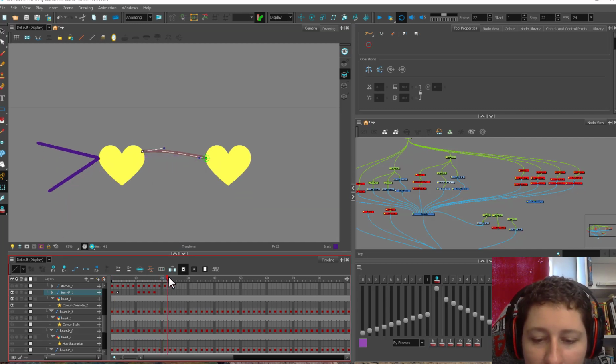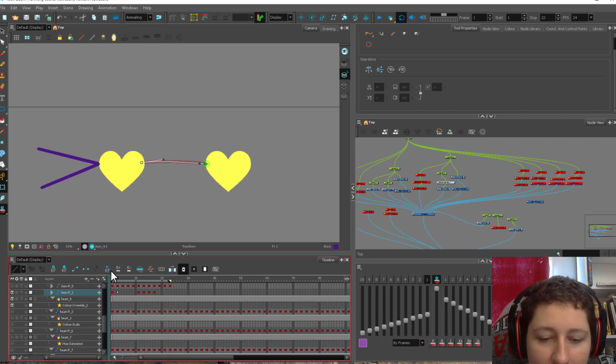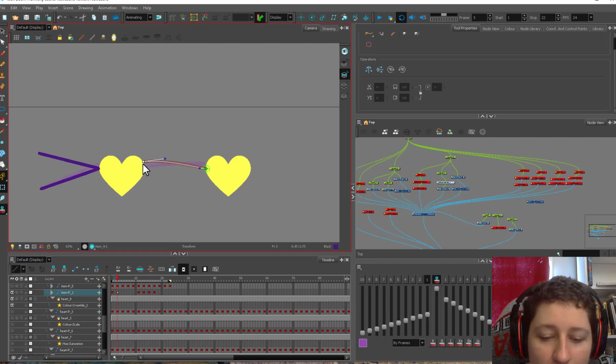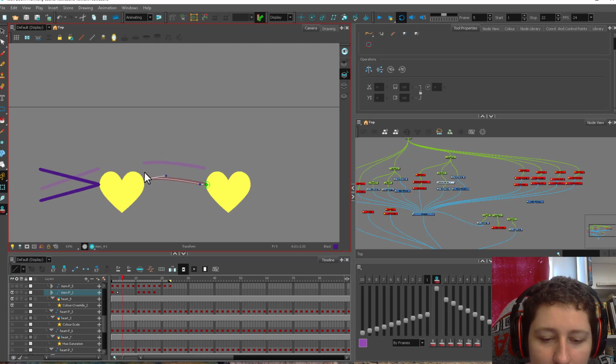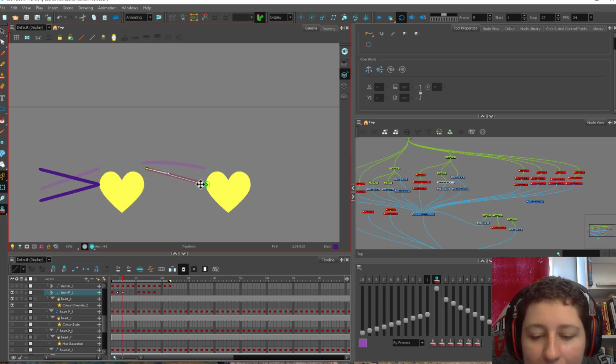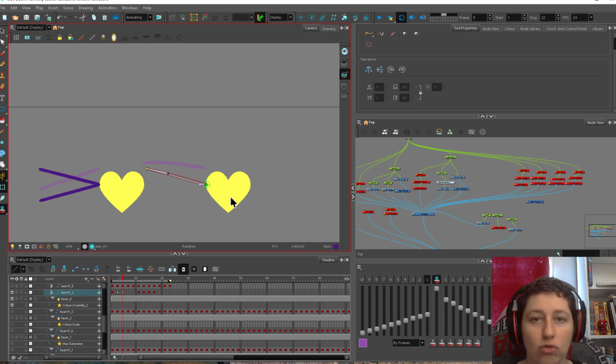And then as this pulls down, this is still on its way up, because over here at the end of the cycle, the heart's on its way up. The tail hasn't quite come along for the ride yet. So this is still going up a little bit. This is going to be dragged a little bit more, and we can straighten it out. And we'll say that this is where it's getting to its straight position. And then as it gets pulled, it's going to bend out the other way.